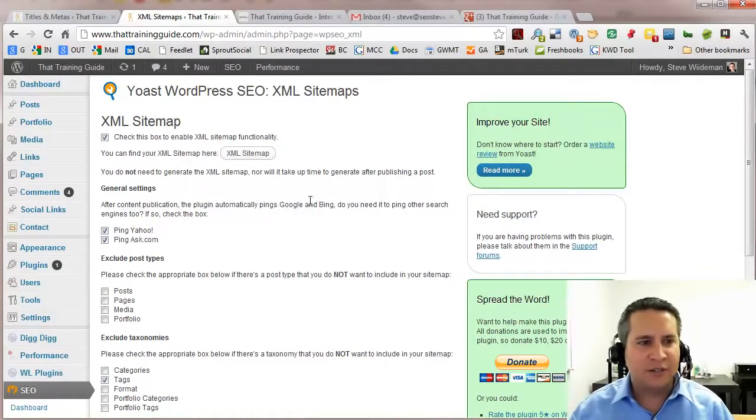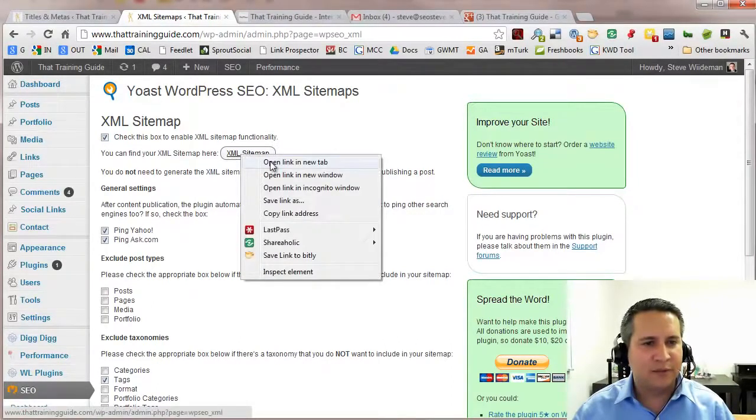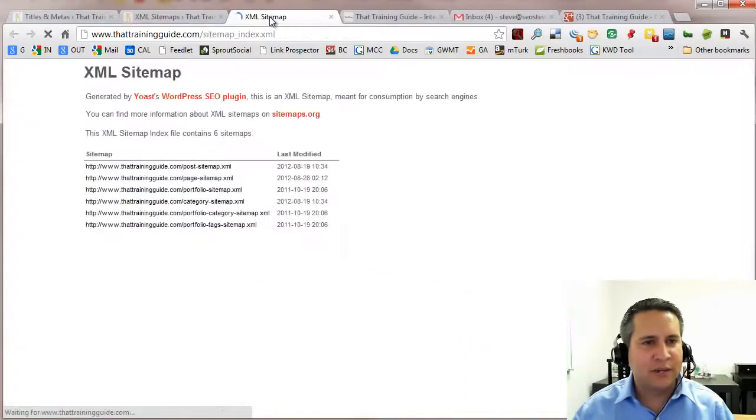And you definitely want to use this. We used to have to use third-party plugins. Now that Yoast has included this as part of the plugin, I'm very happy with it. So we're going to check this box to enable the XML sitemap functionality. Once you've done this, you should be able to right-click on this button, open in a new tab, and you've got all the different XMLs, list of pages basically, that we'll submit to Google Webmaster Tools,